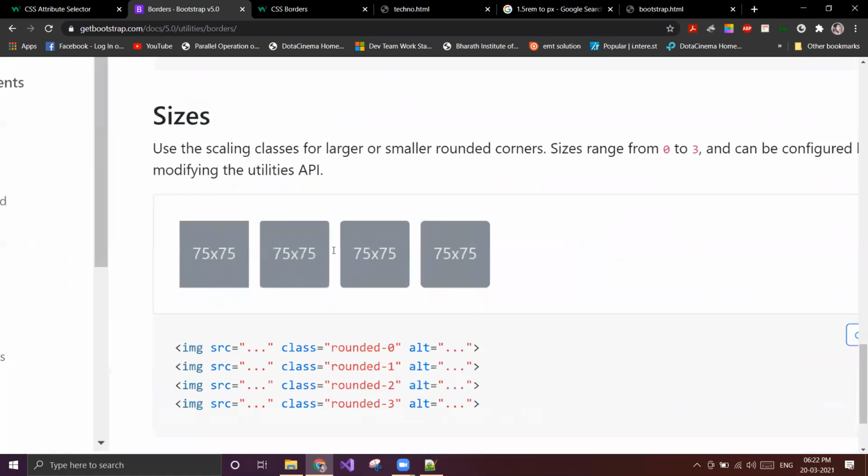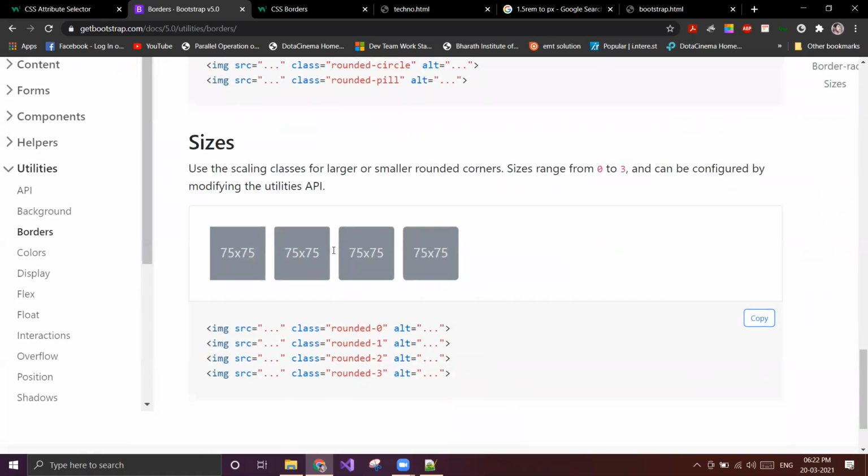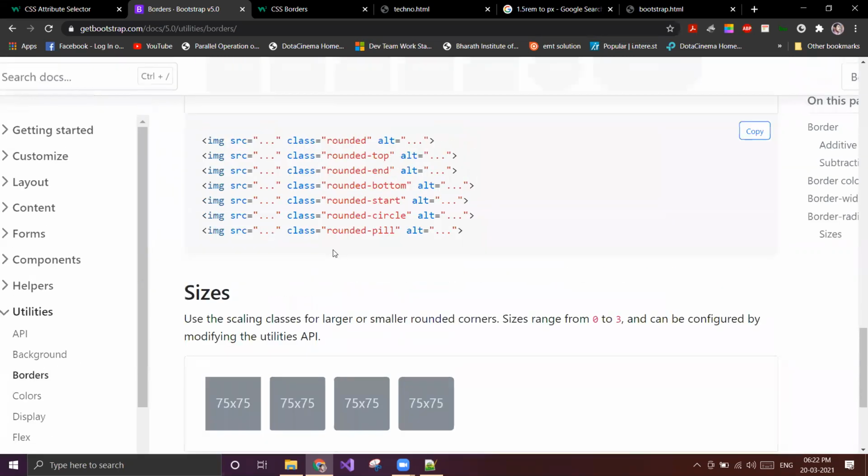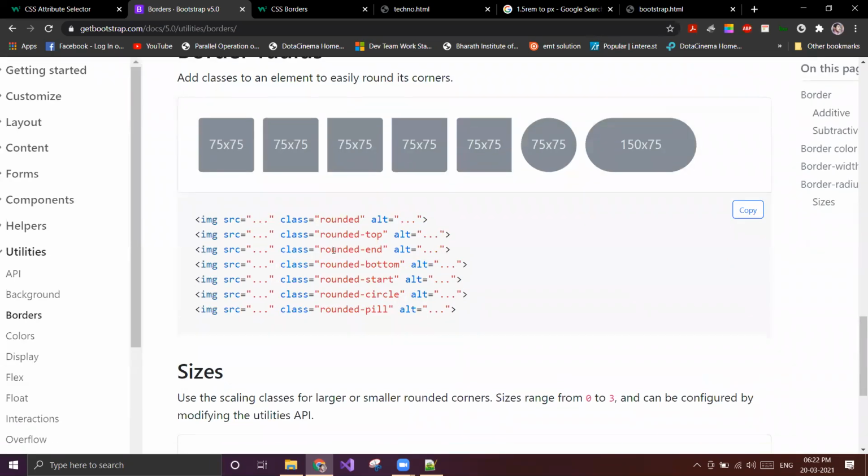So here, what is happening? We have the border radius. Okay, we saw it. But in CSS, we can even increase the border radius, isn't it? We write border radius 5px, border radius 10px, border radius 20px. So how to increase the border radius?